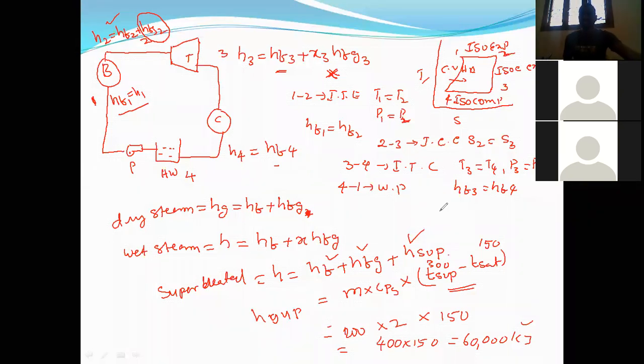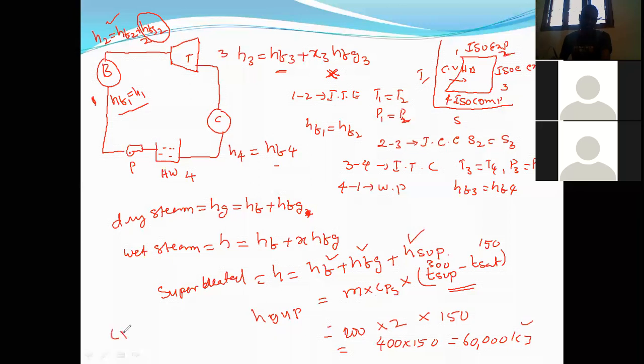It is just simple. If you understand this, you have conquered the total subject. Here Cps, that is Cp, means specific heat. What is Cp? Specific heat. For example, in order to increase 1 degree of temperature, what is the heat we require? That is specific heat. How many degrees are we increasing here? 150 degrees. So 150 into that specific heat. Specific heat means the heat required to increase 1 degree of temperature for steam. That is 2 kilojoules per kg Kelvin.